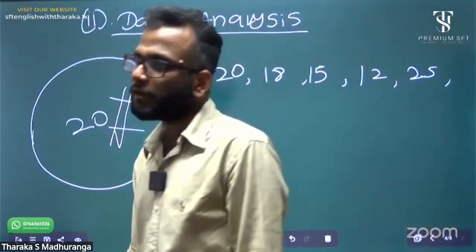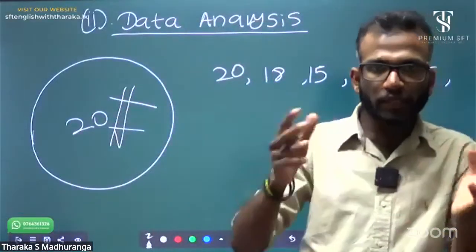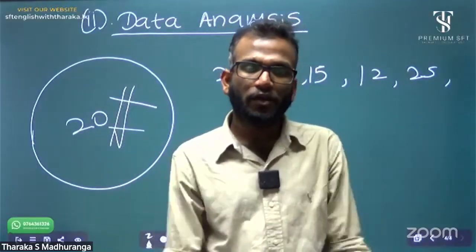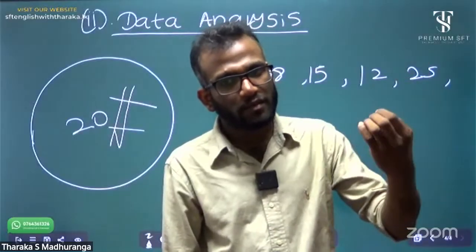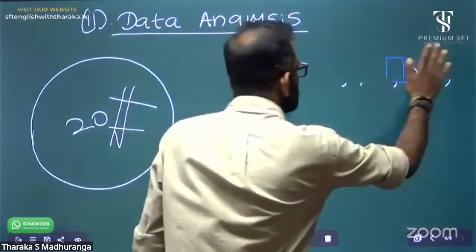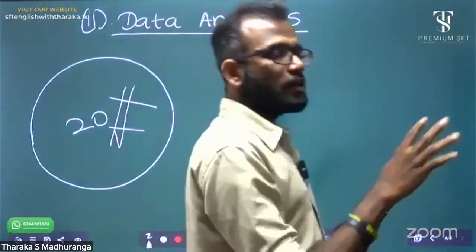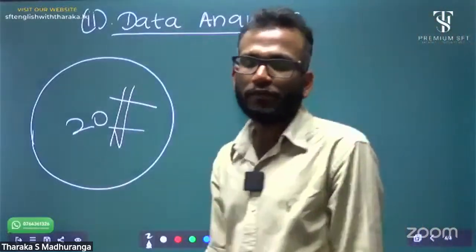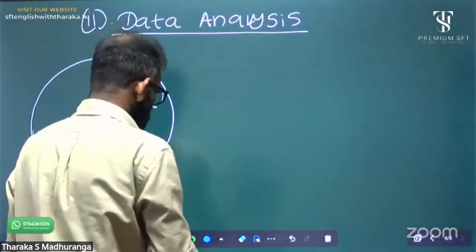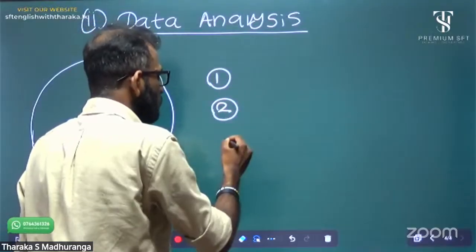Now think we collect the weights of students in a particular school. The number of students is 200. Now we have 200 data. Now it's too advanced, right? The data analysis method mainly depends on the number of data in our data collection. According to the number of data,